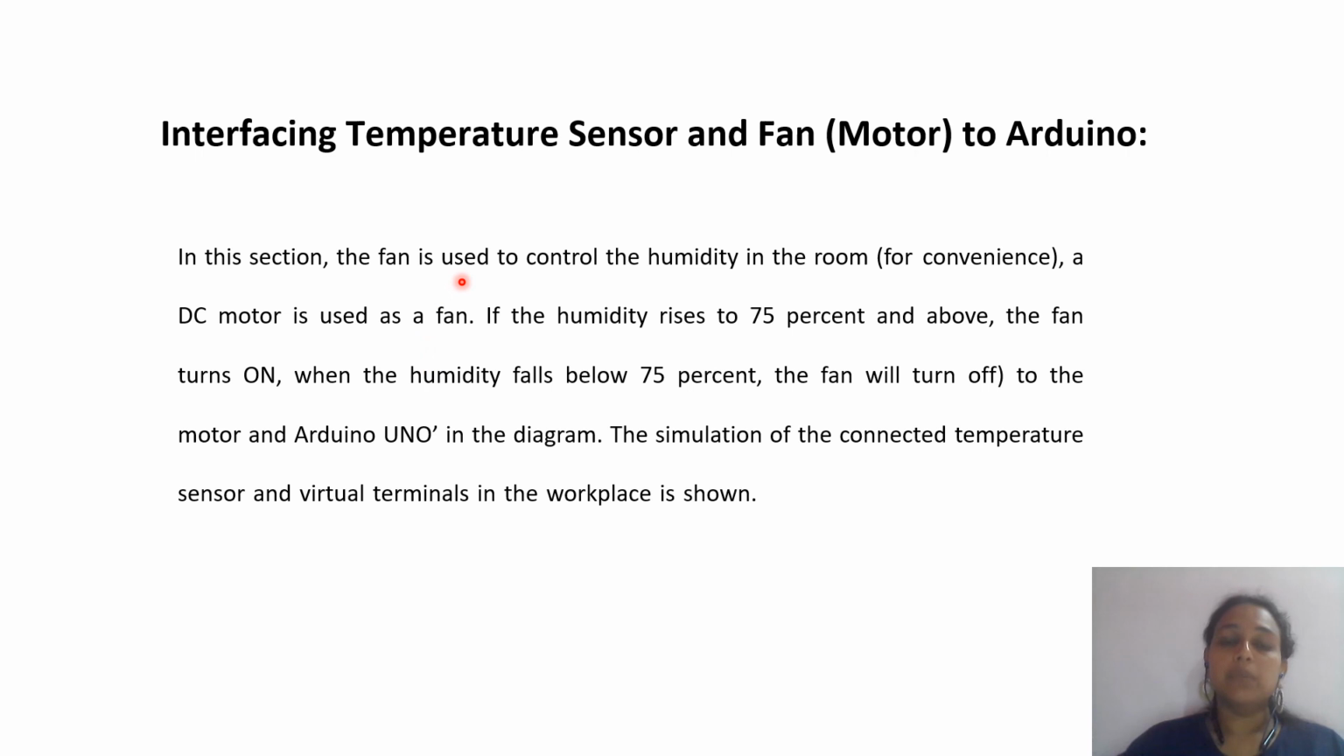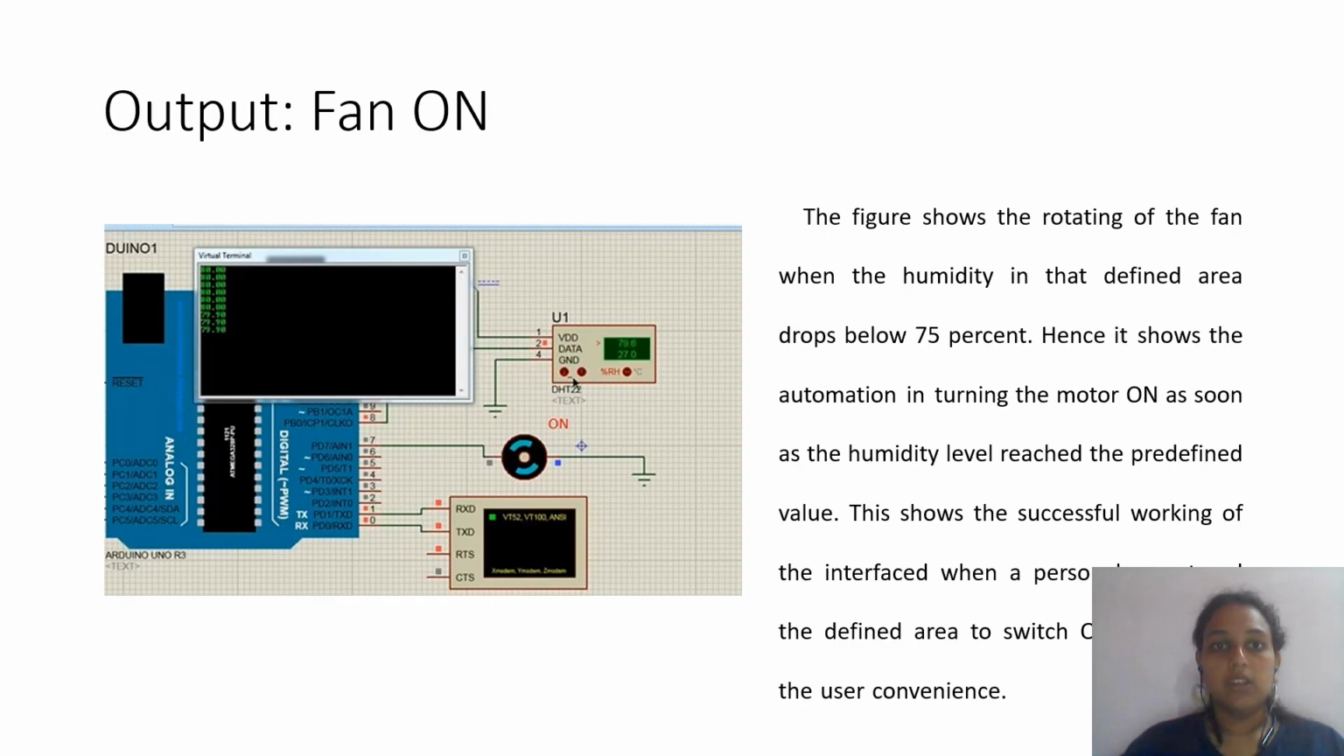Fourth is interfacing both the temperature sensor and the motor to the Arduino. Now here in the code I have used the rule that only when the humidity rises above 75%, then only my motor will turn on. If it is less than 75%, then my motor is turned off. So here when I increase the temperature using the temperature sensor knob, I can see that the humidity is